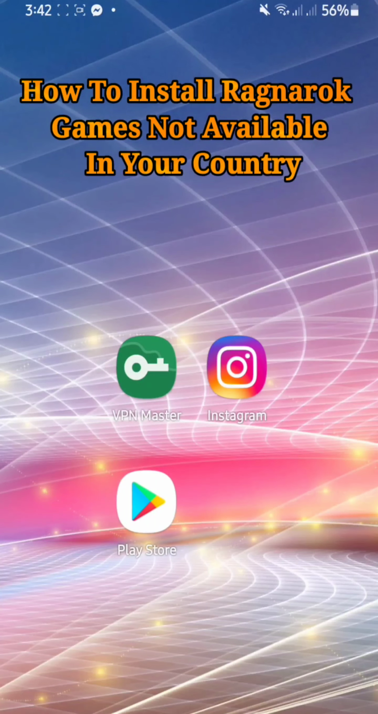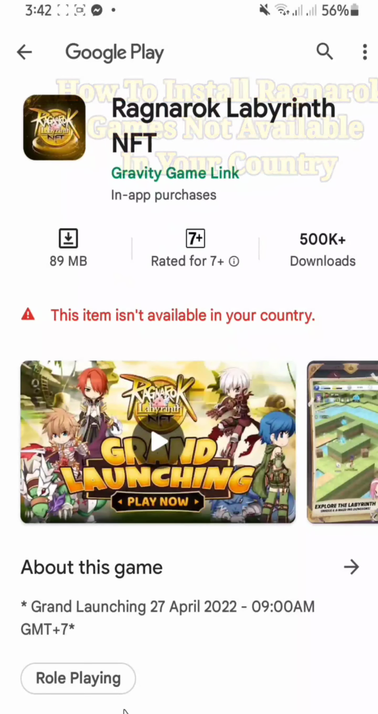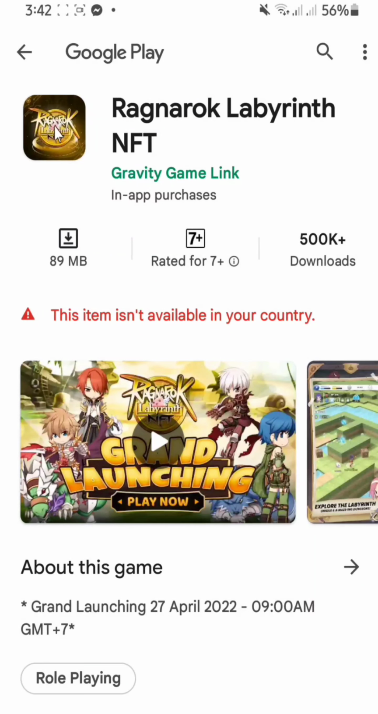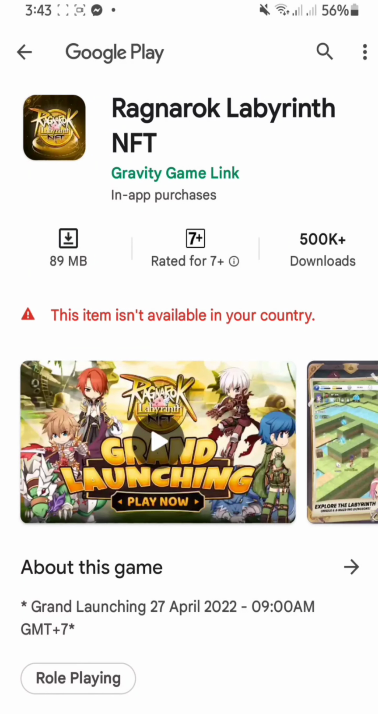How to install Ragnarok Labyrinth NFT, the grand launching last April 27. So as you can see guys, this item isn't available in your country. And first step,